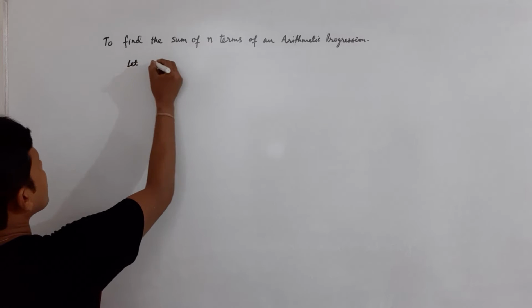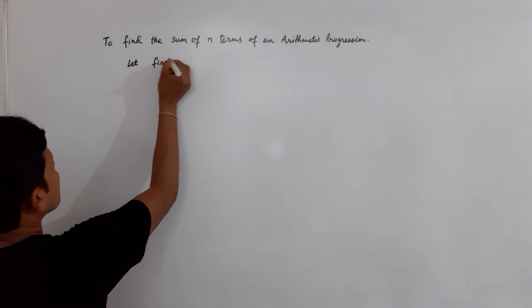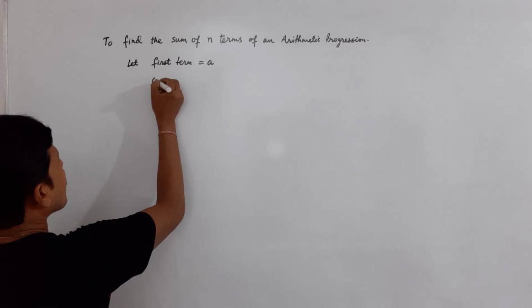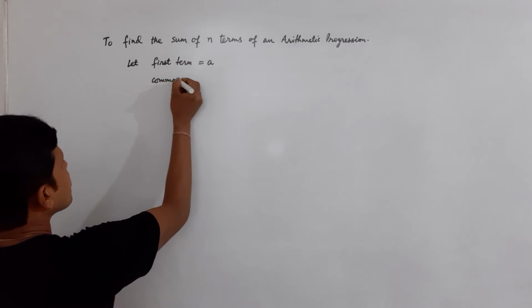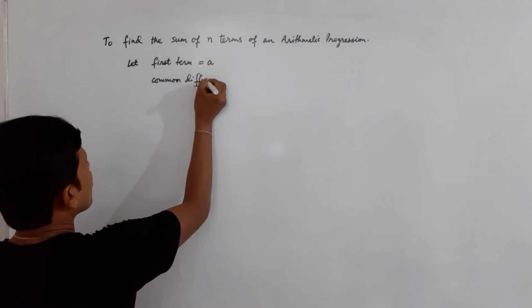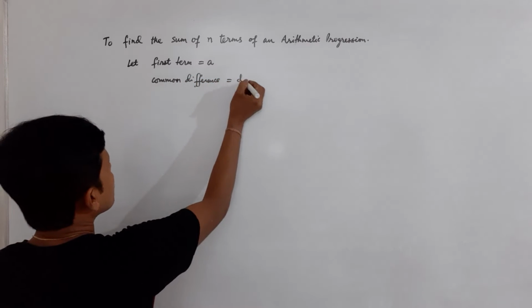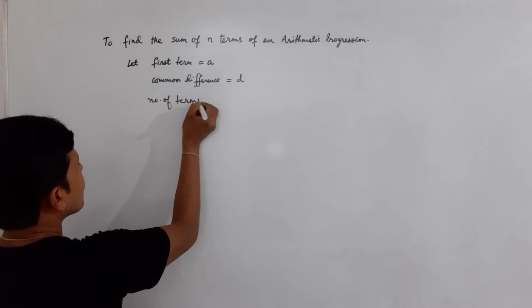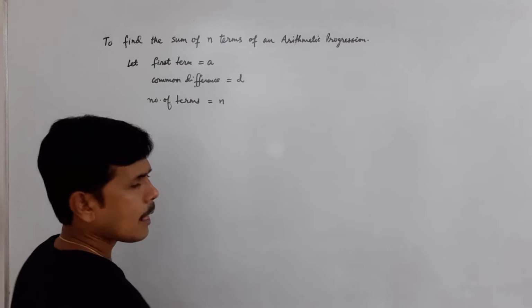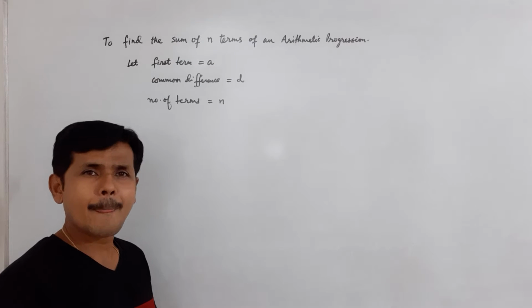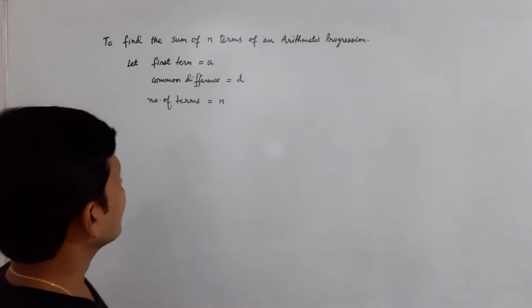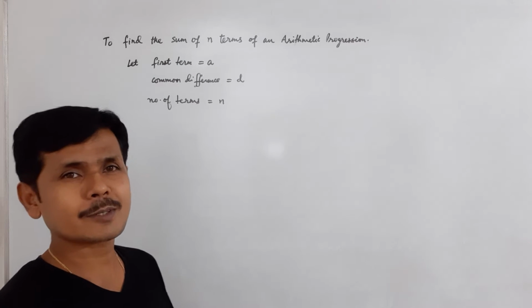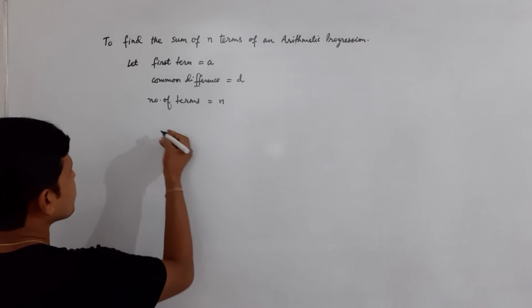Let the first term be A, common difference equal to D, number of terms equal to n. Okay, then we have to find the sum of all the n terms. Okay, so